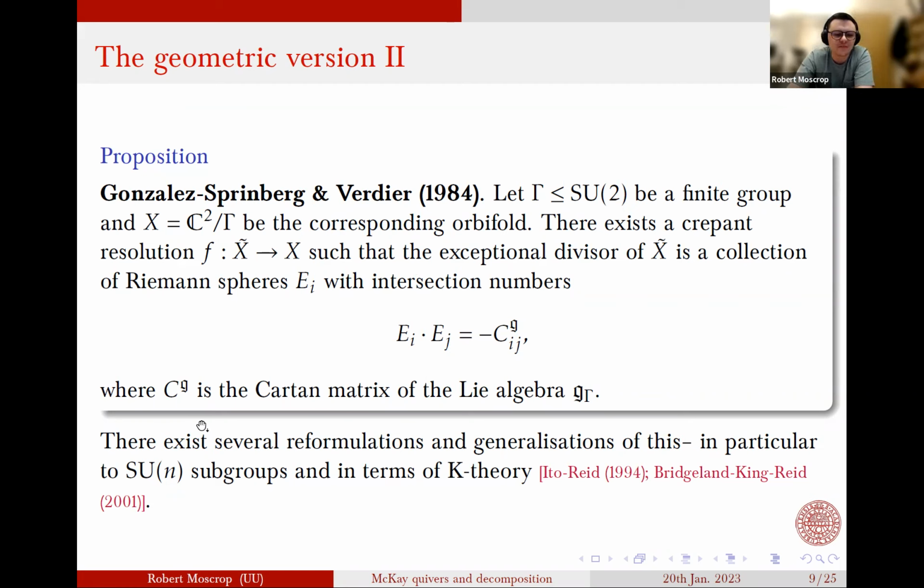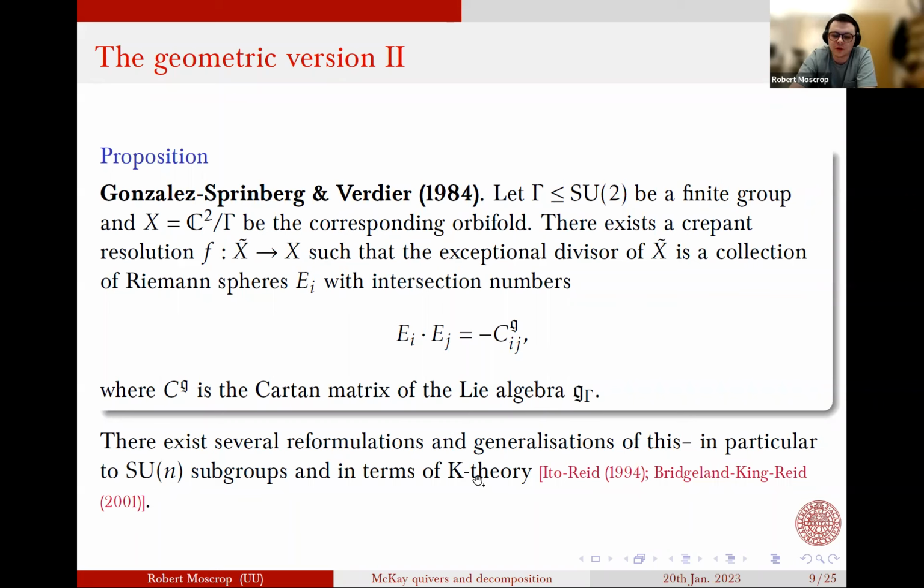So yeah, thank you. So maybe one comment you can make is, okay, this is for SU(2). Maybe I want to start thinking about SU(3) or SU(4). And while I won't detail these generalizations, I should note that there are many. One reformulation, which is quite popular recently, is this Ito-Reid formulation, where they try to abstract to subgroups of SU(N). And I believe this is proven for SU(3), but the question of whether or not it's true in SU(4) and above is still open.